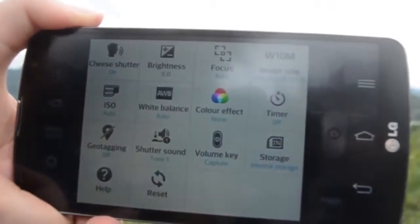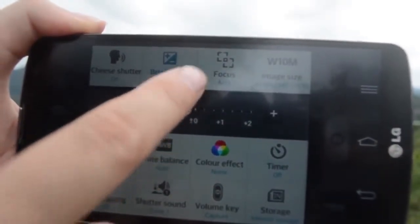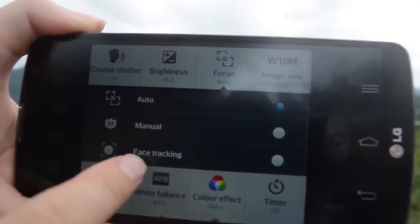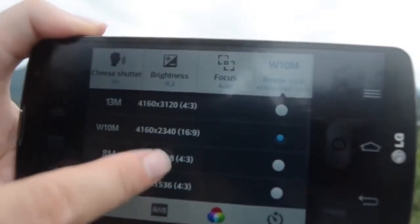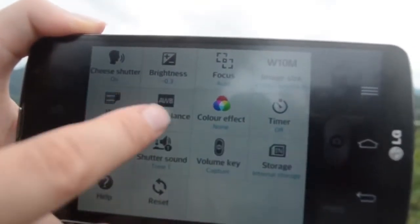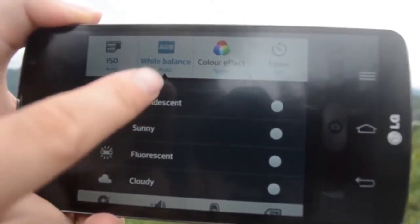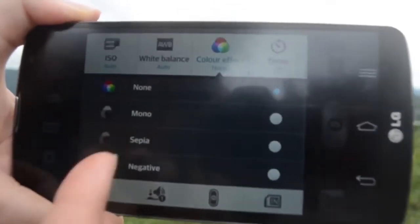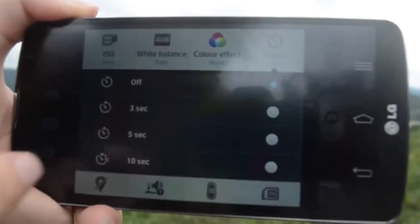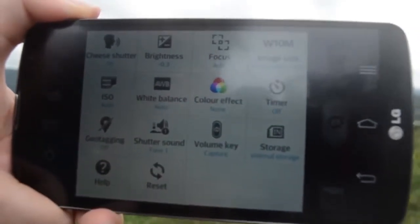But when you go into settings, there's even more things going on. So you can actually adjust the exposure. You can choose different types of focus, manual focus or face tracking. Image size, up to 13 megapixel. You can control your ISO, which I really like. So you control your ISO and your exposure separately. White balance, which is really great if you're trying to do a time-lapse kind of shot. Color effect, I don't really use that because I'll use a filter. Timer I do use on the front-facing camera when I'm taking selfies. The shutter sound, I like that. Geotagging, storage,